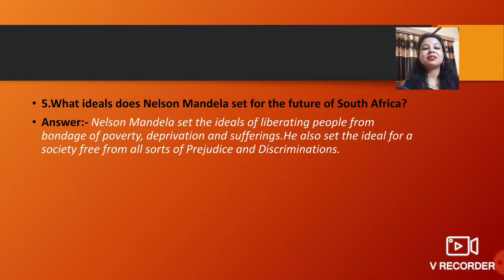So this was it. This is a chapter. We have finished it. I hope you have understood the chapter as well as the question answers. It is an autobiography written by Nelson Mandela and it was published in 1994. In this autobiography, we get to know in detail about the early life, the political accession, the imprisonment and the struggle and success that Nelson Mandela had in his life.